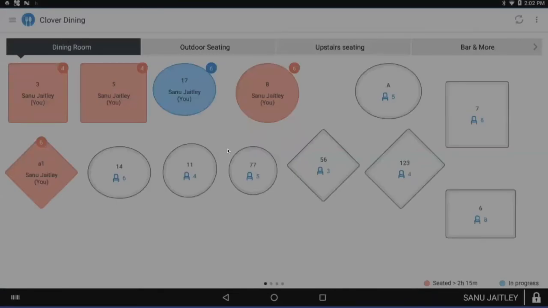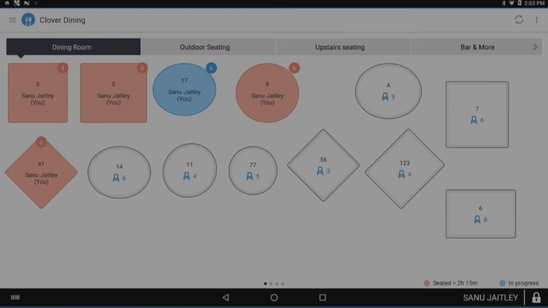There we go. So the first thing you notice when you log into Clover Dining is your floor plan. You're going to be able to create a floor plan that maps out what your restaurant's table layout looks like. Just as you see here, I have all my tables listed out. We have some tables that are active right now, tables that are open. And if you look up on top, you'll actually notice that we have a couple of different sections. So we'll be able to break down our floor plan into separate sections. So as we see here, if we have an outdoor seating,